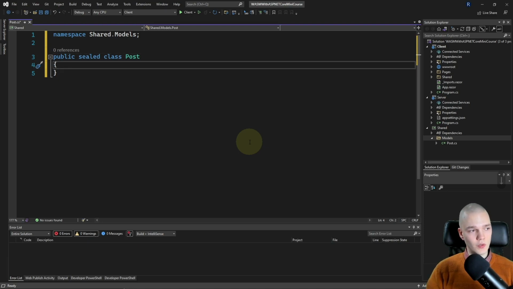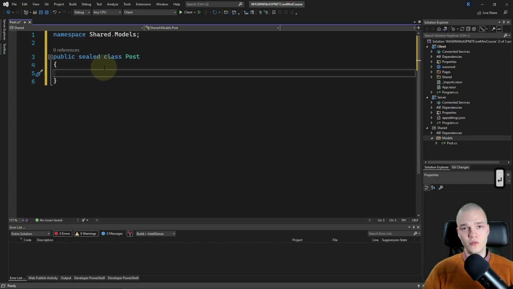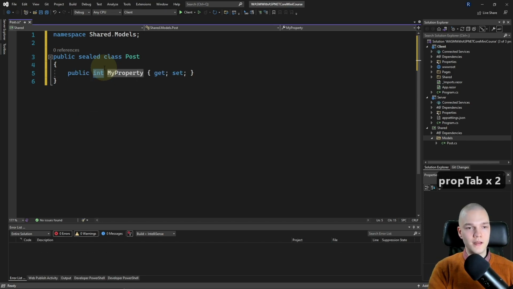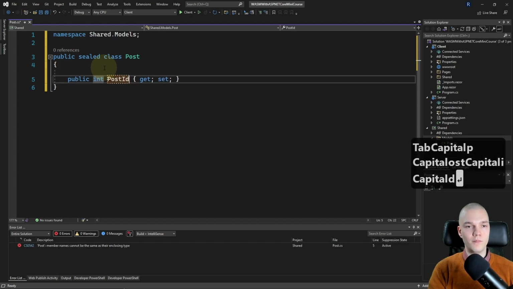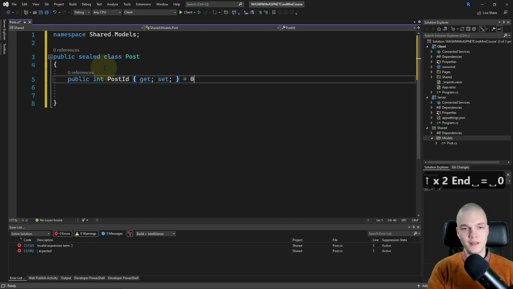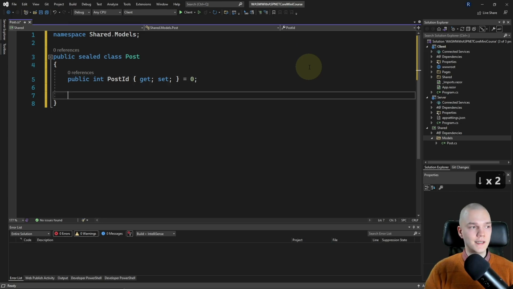Right. So I'm gonna add some properties, which will be table columns, starting with your standard ID. So prop tab public int PostId, and I'll set the default value to 0, which is the default for integers, but I like to be explicit.